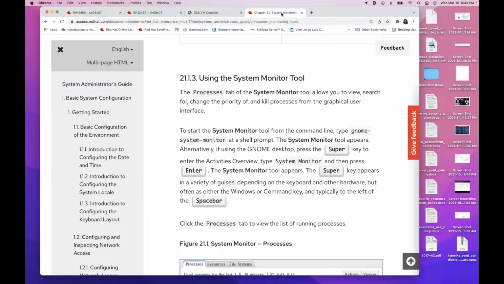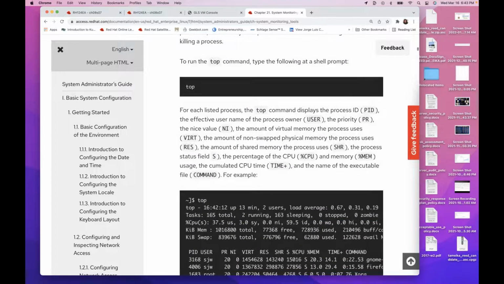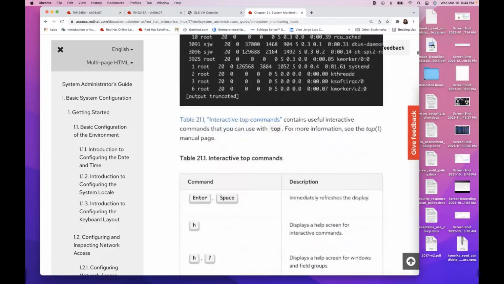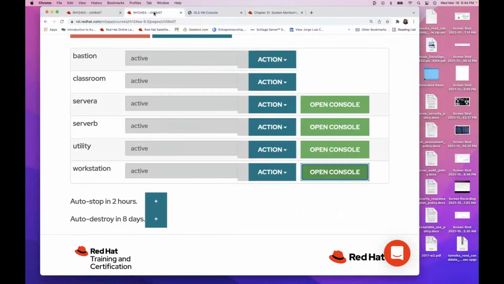So when we go back over here and we look at this section here, that's what they're showing: time, the accumulated CPU time, and the name of the executable. And RES is the amount of non-swap physical memory the process uses. All right, and then they show you that there. And then you get interactive. All right, so now over in here